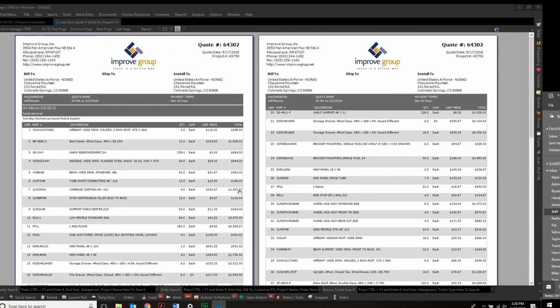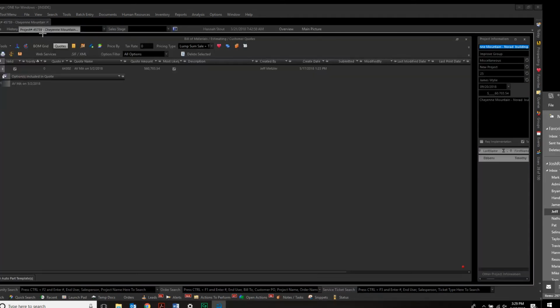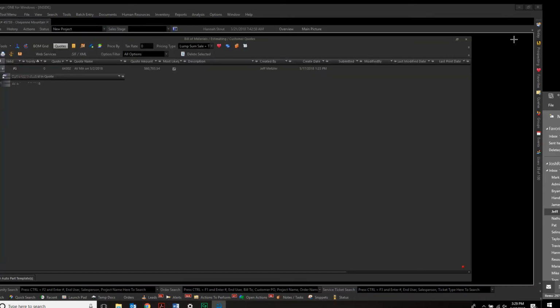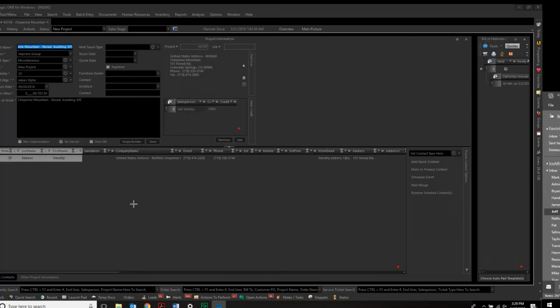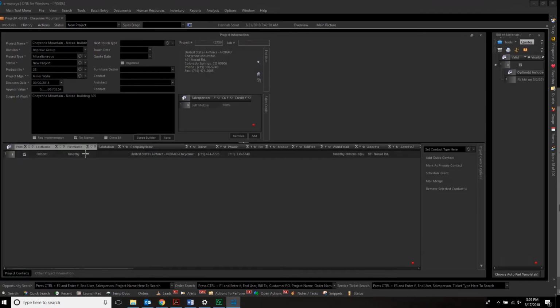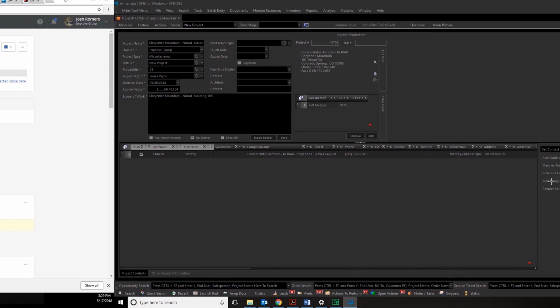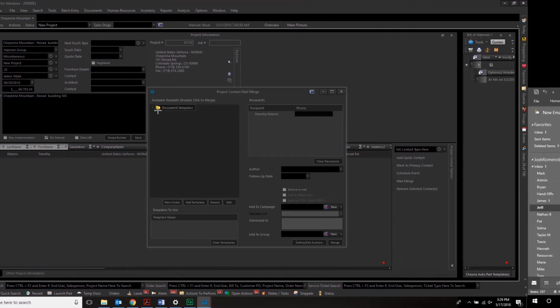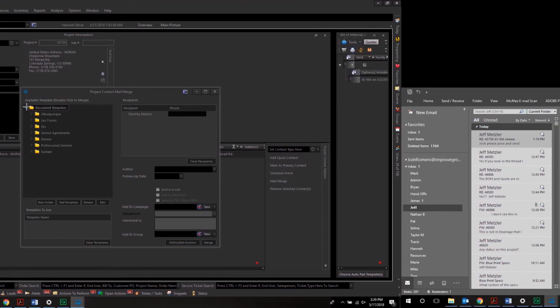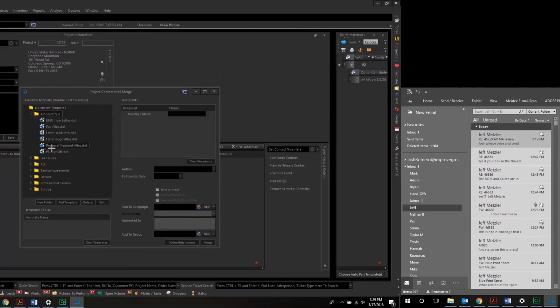Now this is not what we will usually provide to the client. So on the project information page, if you select your primary contact and select Mail Merge, in this window you're going to open up the document templates, Albuquerque, itemized proposal. You're going to select your recipient, and then you're going to select the author as your project manager. And then when you select merge,